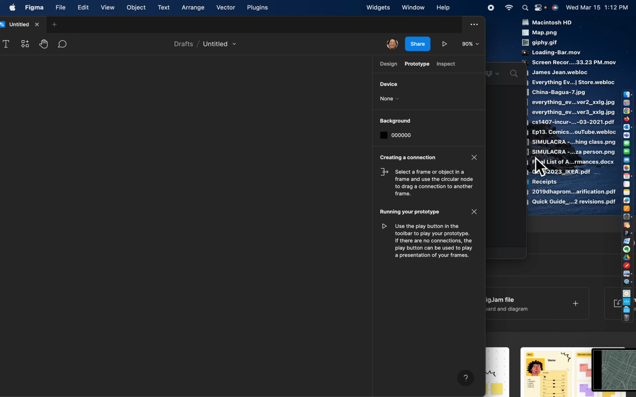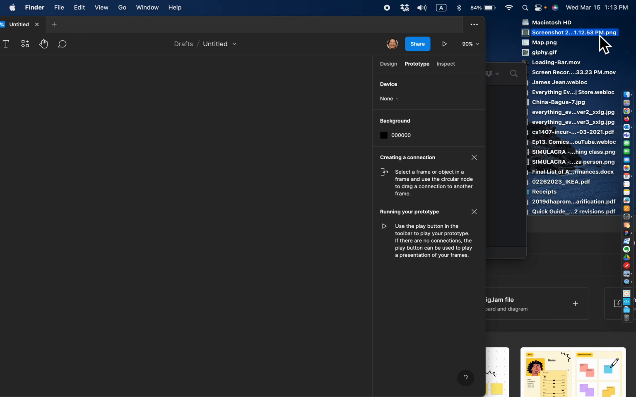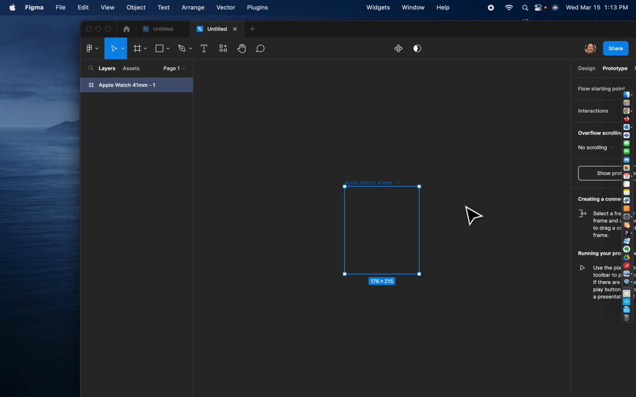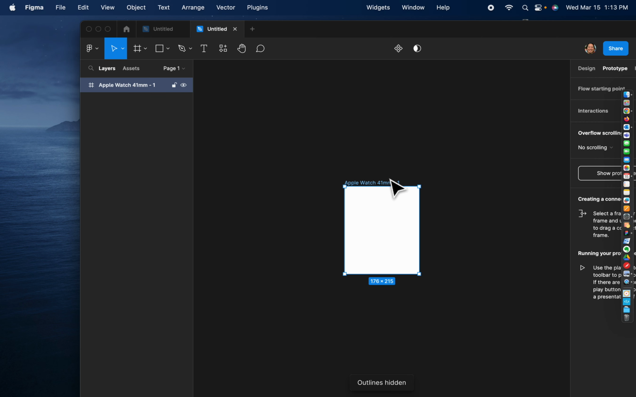I should have. It's not too bad. Let's see. It's kind of a greenish map. Okay. So now on my Apple Watch here,